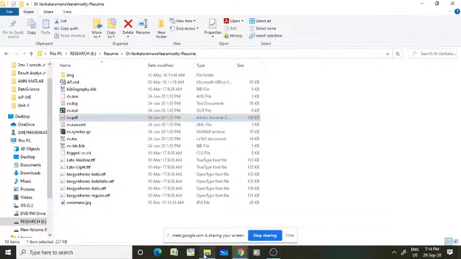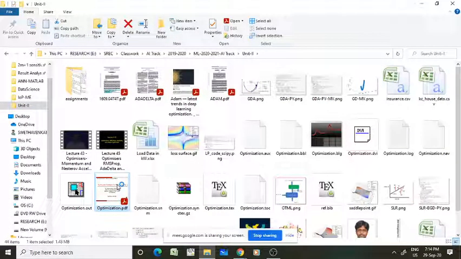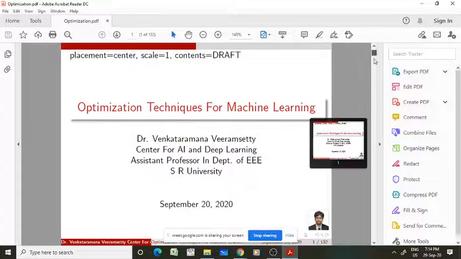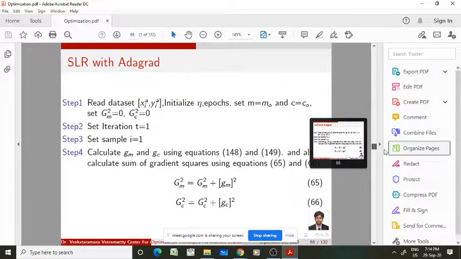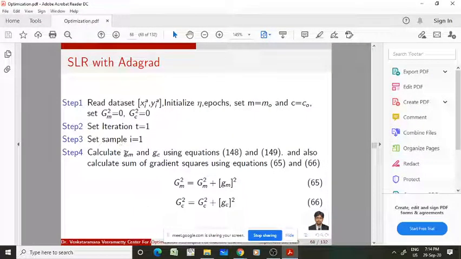I will show the PPT otherwise. See here? After calculating the gradient g_m and g_c, I am adding the squares of the gradient.